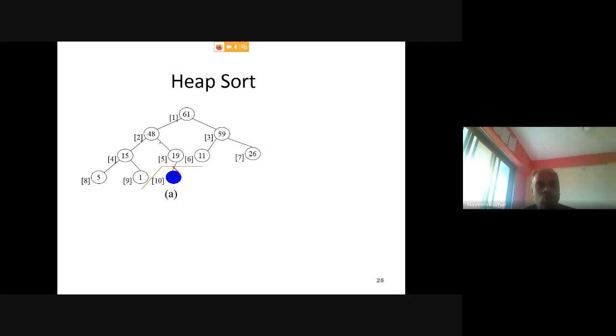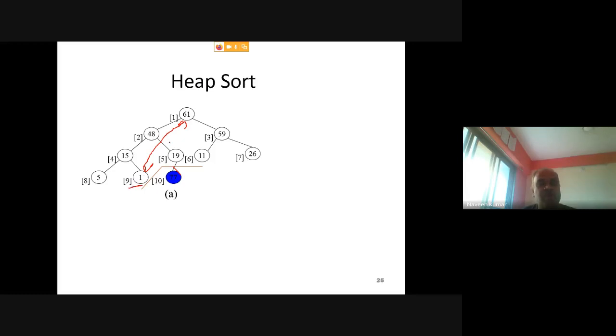Right? So after the first iteration, you will be in this position. You are actually left with a max heap with n minus 1 number of elements, and one element is already sorted. In the next iteration, again this 61 will be swapped with the last position. The last position is now this 9.